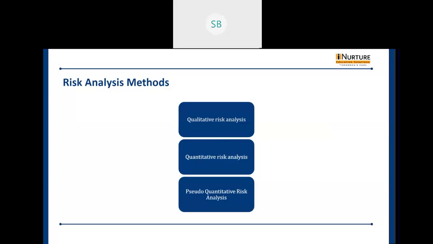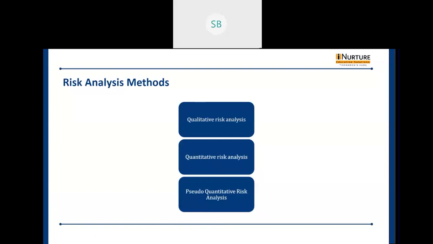Next, we have quantitative risk analysis, also known as probabilistic risk analysis. Here all the assets and components are associated with some numerical values. Since it is quantitative, you can assign a numeric value to the assets and the potential losses. Any elements you take, like the asset value, threat frequency, and the efficiency of security safeguards, will all be associated with a value. Your assets will be assigned some value.